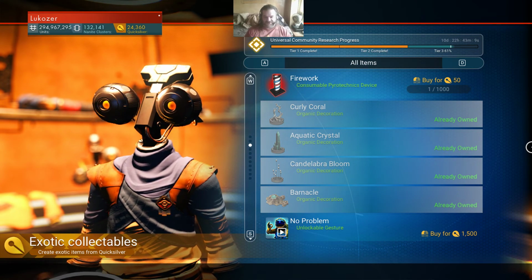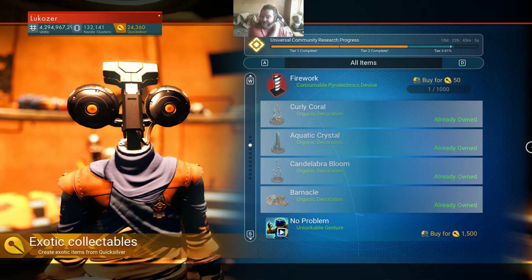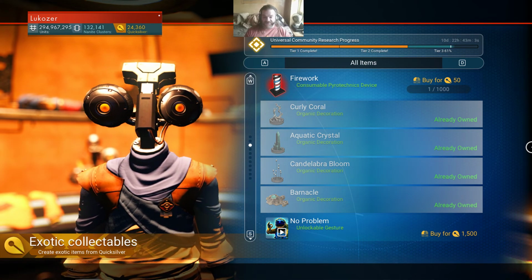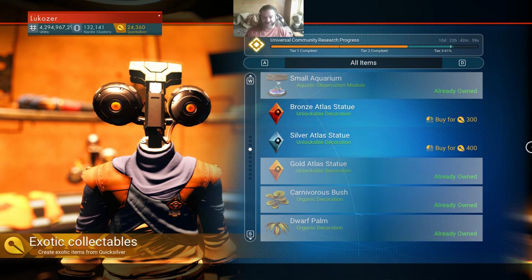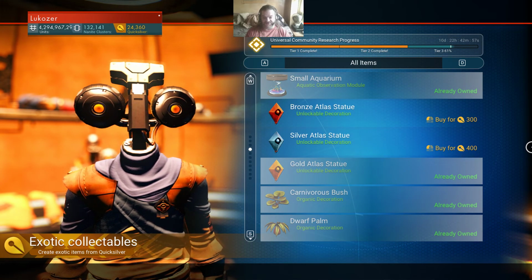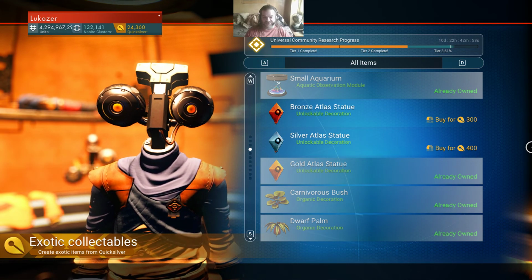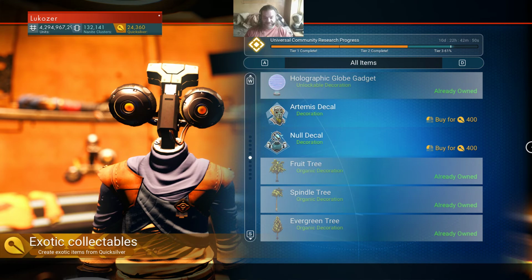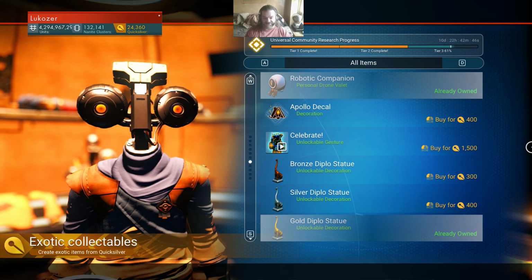So I've basically bought all of the decorations and that. The only things I haven't bothered with, yeah, the fireworks, I haven't bothered with the gestures, and I haven't bothered with the bronze or silver versions of the statues, but I have the gold of all of them. And I don't bother with the decals. Everything else I've got,